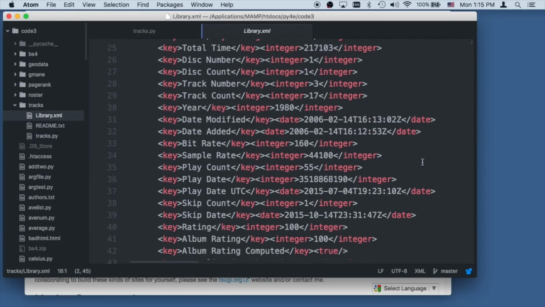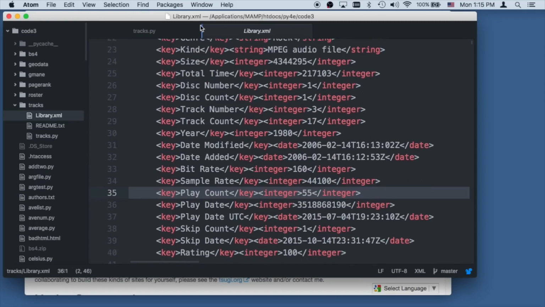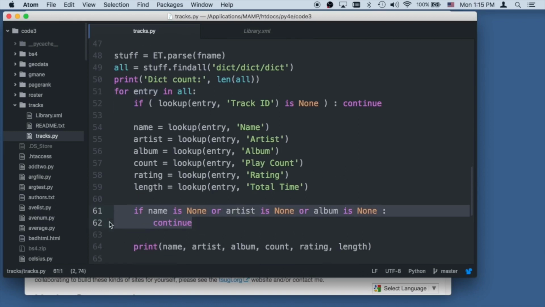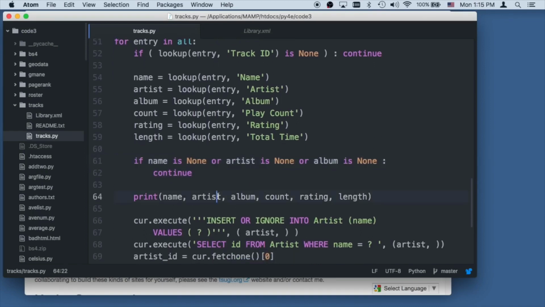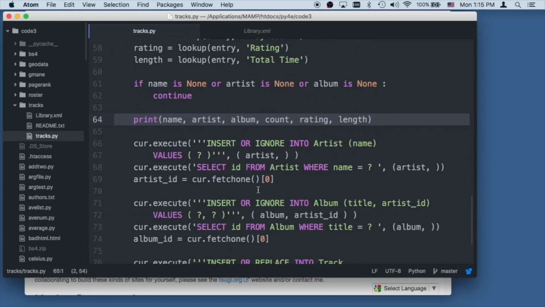And so here they are, play count, a lot of those things that we had in the sample lecture that I did. And we're going to look those things up, and we're going to do some sanity checking. If we didn't get a name or an artist or an album, we're going to continue. We're going to print them out, and then we are going to